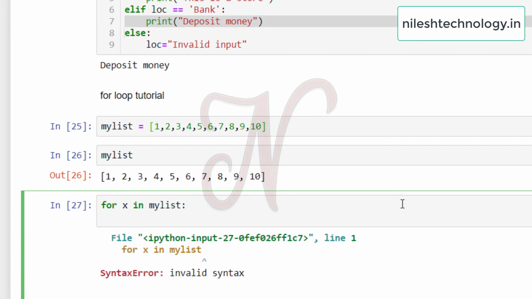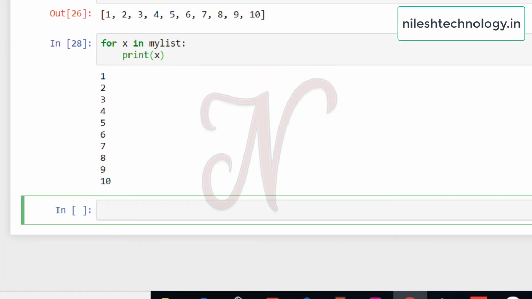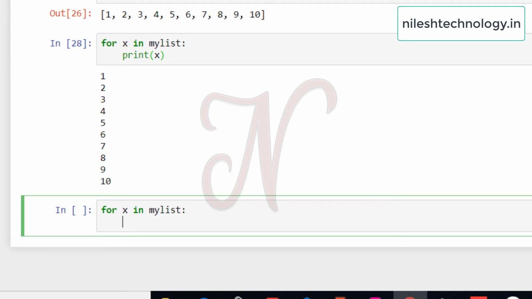Going to indentation, one tab, print x. Shift enter, and this is your output, 1 to 10. All the items are printed one by one. For x in my_list, this for loop is executing from 1 to 10.